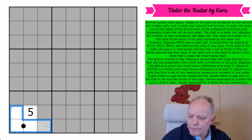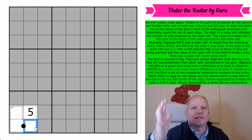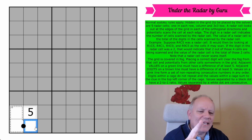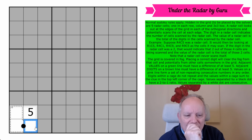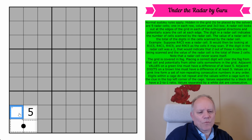So does this apply? Yes, if you put a 2 in a radar cell and you scan 2 digits that it can see, well, they could both be 1s. So then the value would be the same. Yeah, I see. That's incredible. Only to 2 does that apply. Do you see what I'm saying? If this was a 1,